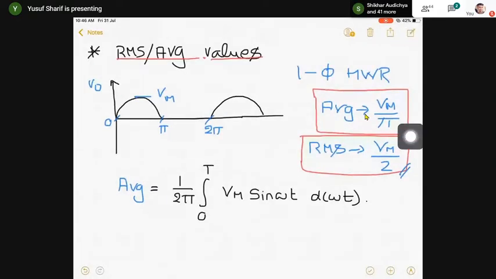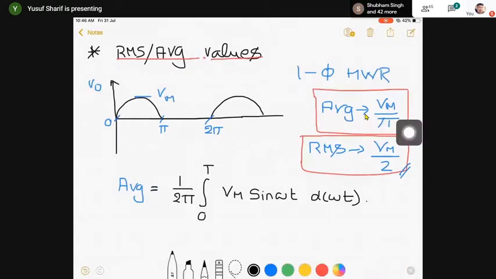Okay. So what is the time period of this particular waveform? What is the time period here? 0 to pi. Time period is pi. Sorry, time period is 0 to pi. Okay, fine. The time period of this particular waveform is this clear? So what is the time period here? Time period is 0 to pi.